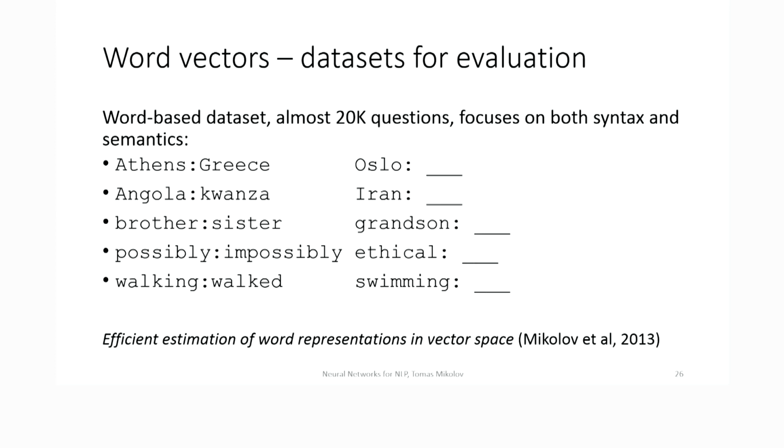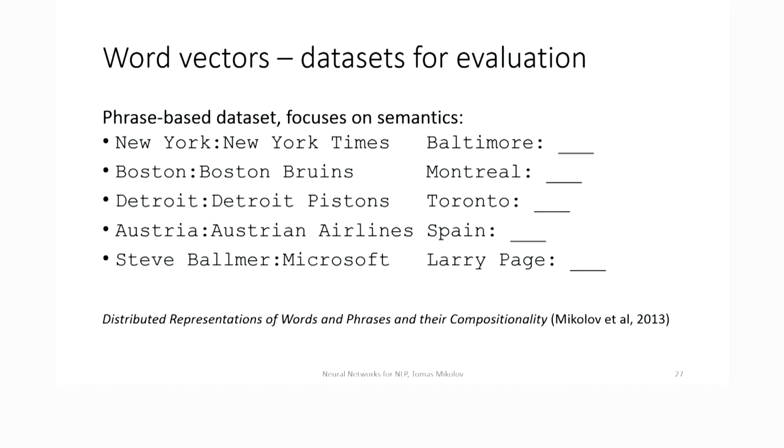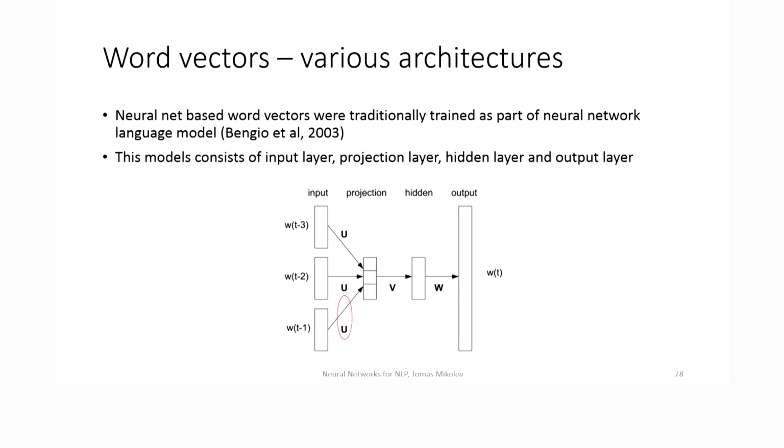And then there are more syntactic regularities that are quite easy for people. But if you consider that the models do not see the structure of the words, but just see the one-hot encodings, then it's quite interesting that you can do well on these examples as well. Besides these word-based examples, we also developed a phrase-based data set, so it's not just about single words, but about named entities. You have to be able to identify them in the training set and then compute all these interesting things. And it works quite well. We can get very high accuracies on these data sets with good models.